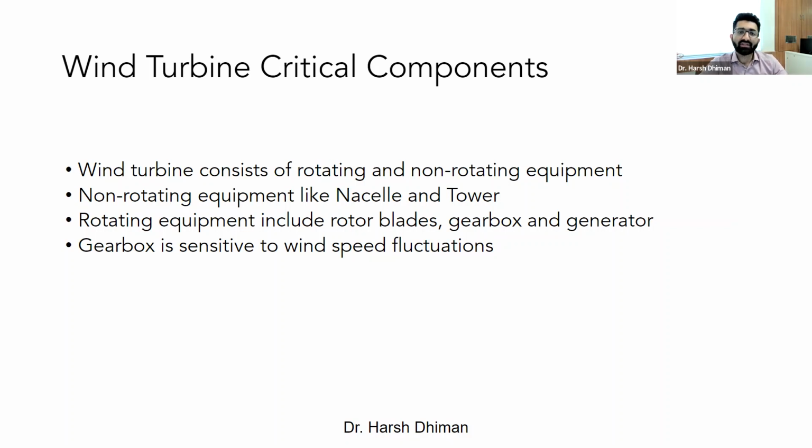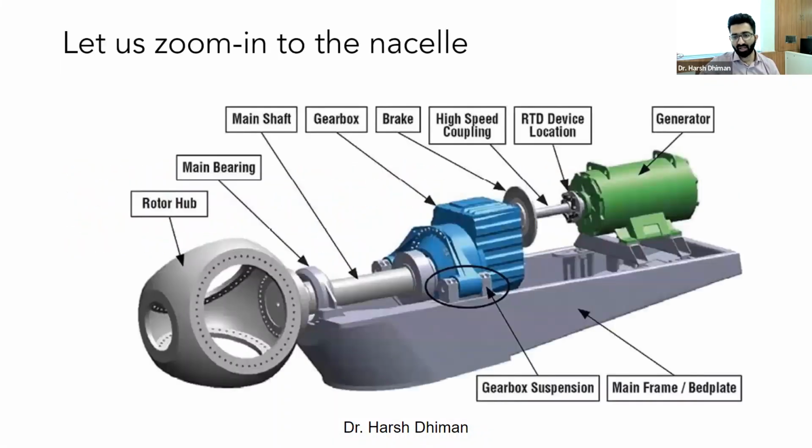Gearbox is, I would say, the heart of the wind turbine, where your entire turbine operation is reliant on how well your gearbox is performing. Because your gearbox is connected to the rotor, whatever the rotational speed of your rotor is directly impacts your gearbox. So if your wind speed fluctuation is very high, the first and foremost equipment that is likely to get damaged or malfunction is your gearbox. And because of this fluctuation in wind speed, the critical aspect of condition monitoring is the gearbox itself.